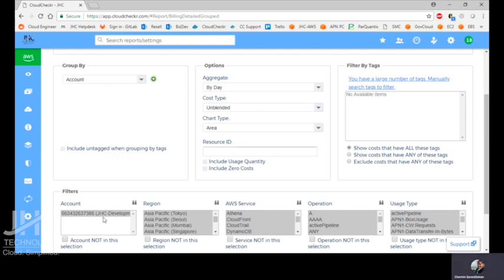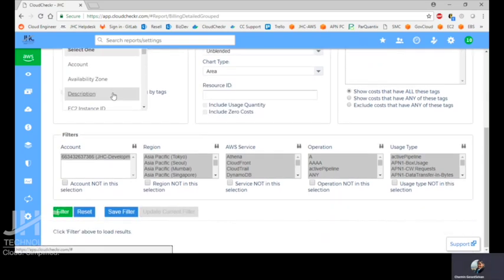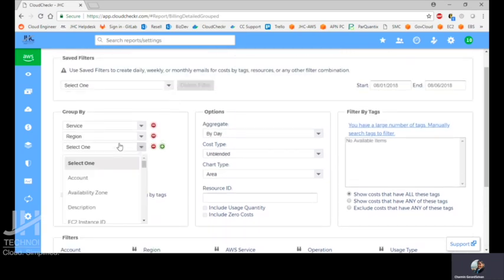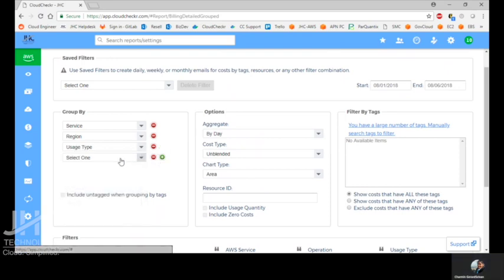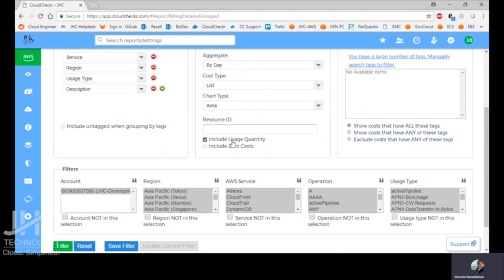Since I know that I have just one account, I'm just going to pull service. I'm just going to replace that. I need to know what services run in what regions, so service and region, and I want to know what's actually going on under EC2, so I want to know the usage type. And finally, I want to know the description, which gives me more information. I'm choosing the cost type, and I'm checking usage quantity, which is the usage hours for EC2 instances, the total used